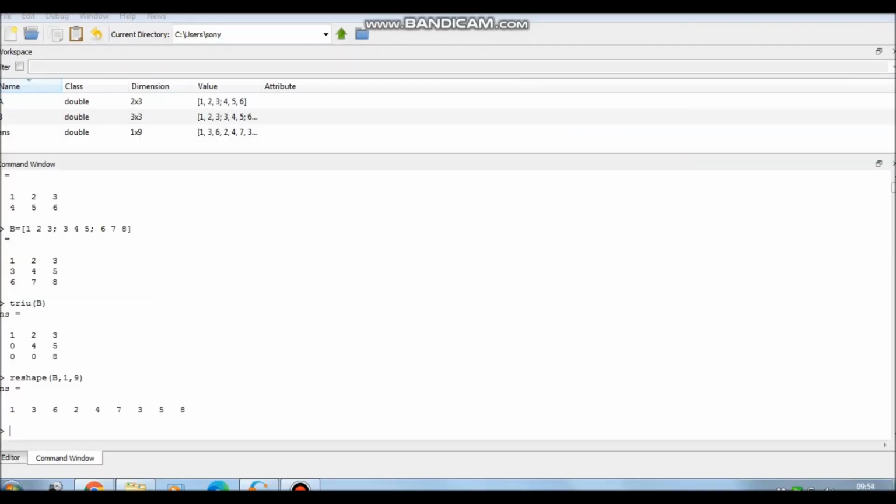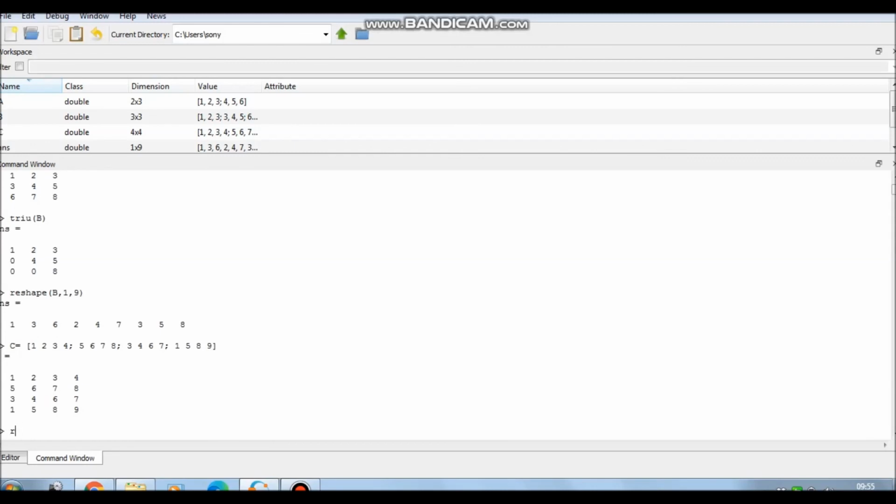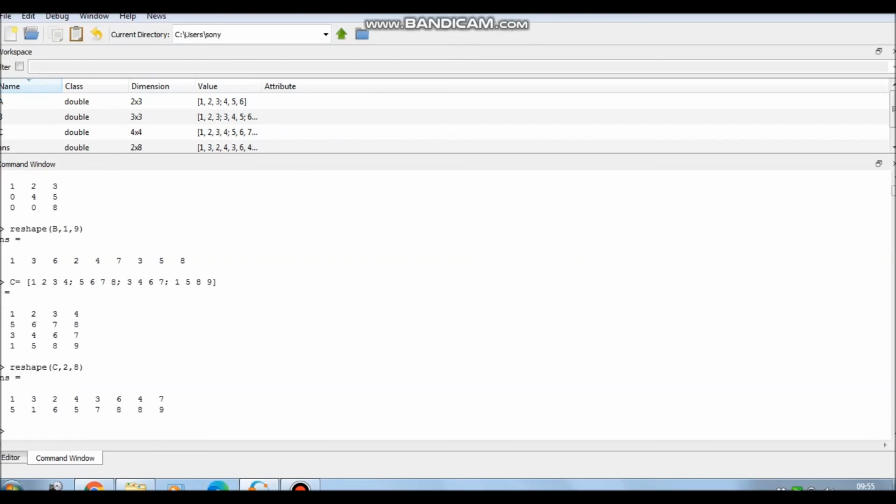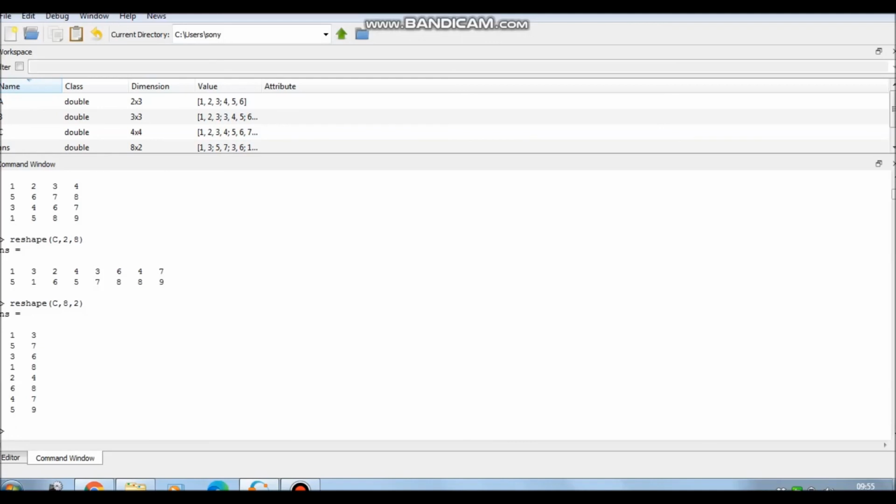Let us take an example of a 4 cross 4 matrix, matrix C. I want to reshape this matrix as 2 cross 8, 2 comma 8. So you can see matrix C is reshaped as 2 rows and 8 columns. Similarly, I can do it the other way, 8 comma 2. Now it is reshaped as 8 rows and 2 columns, and the other two ways are 1 comma 16 and 16 comma 1.